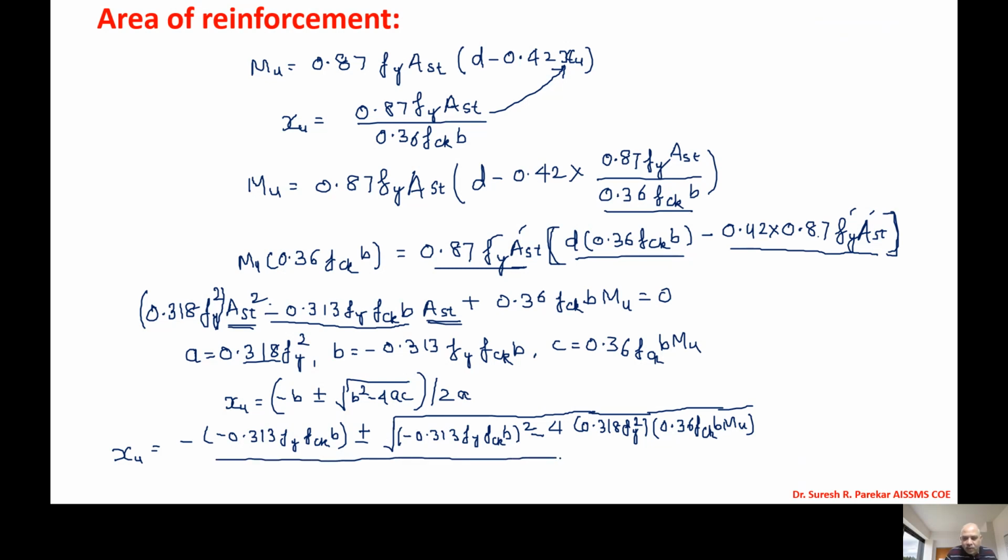Now A we know, we have 0.318 fy square. And now you solve this, and by solving this, we are going to get value of